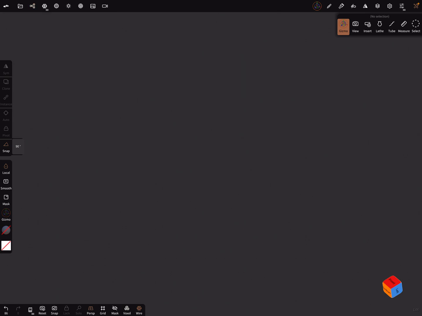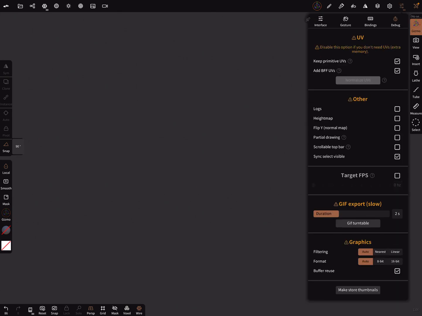First, there's a setting here, I think in the debug. Yes. Here, keep primitives UVs. It's useful to have a UV map at the beginning.